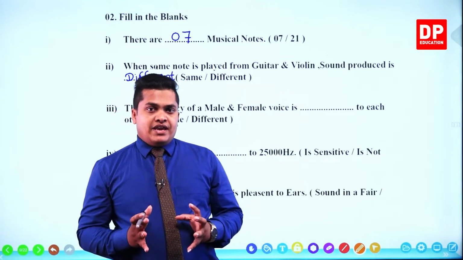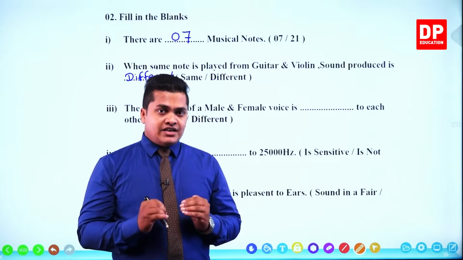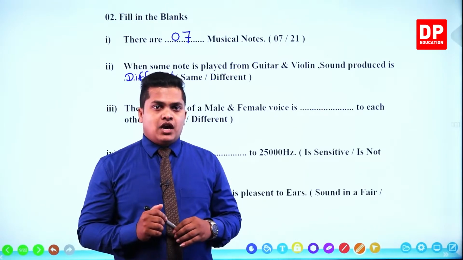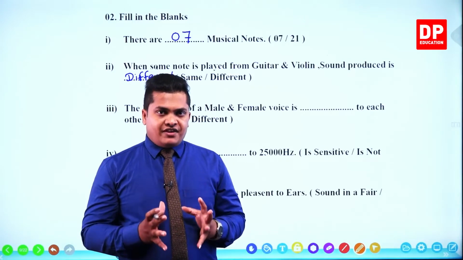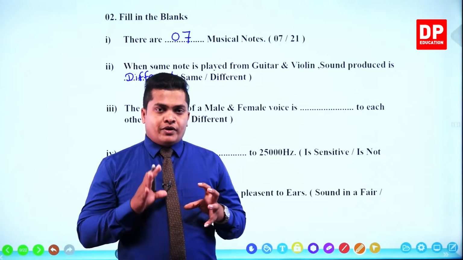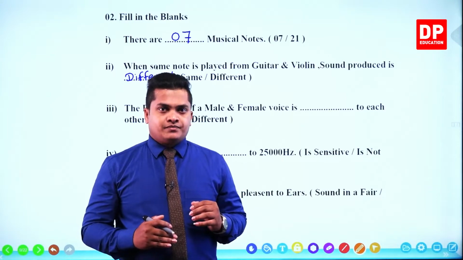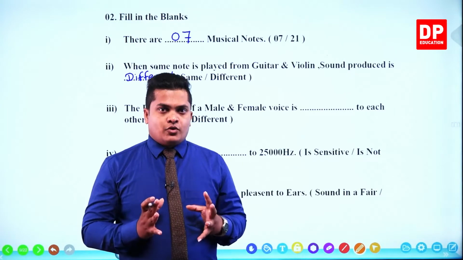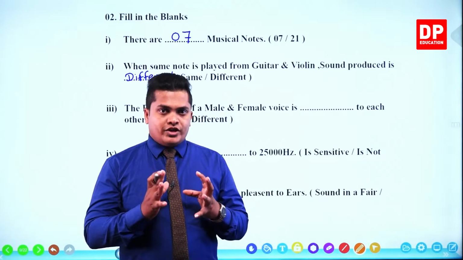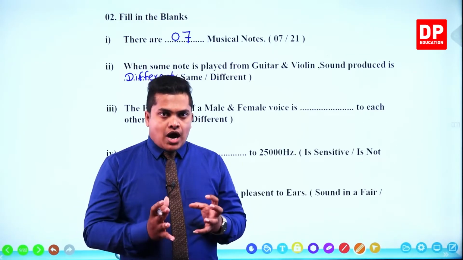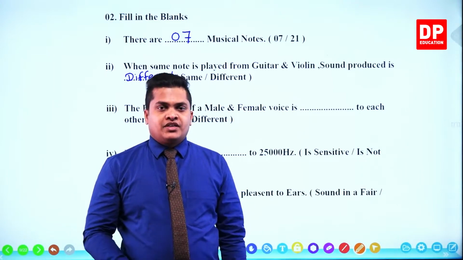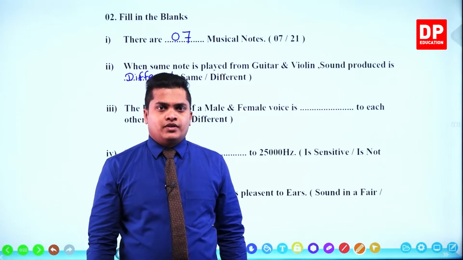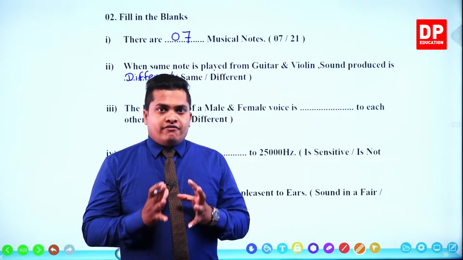So a male voice is somewhat deep. A rough, deep sound is given out by males. Females are going to produce a more intense sound with high sharpness, right? Females are going to emit a sharp, high sound. It's because females have a higher frequency than male sound. That's why females are the